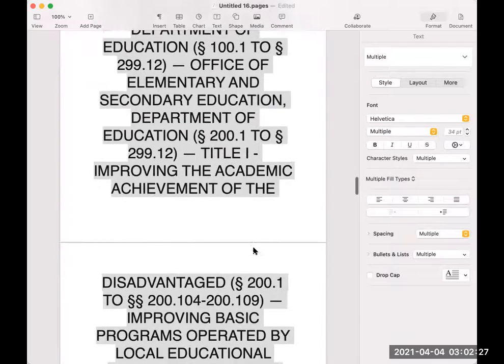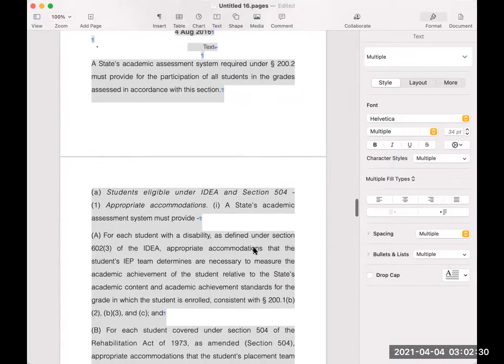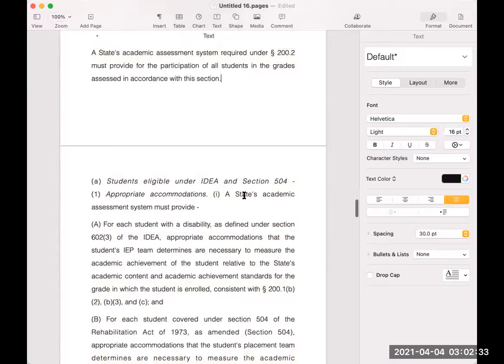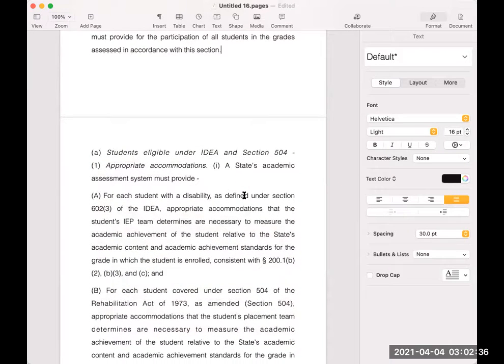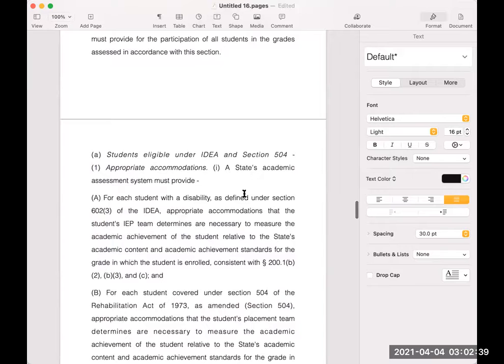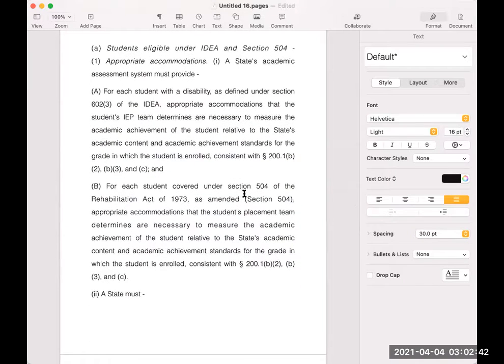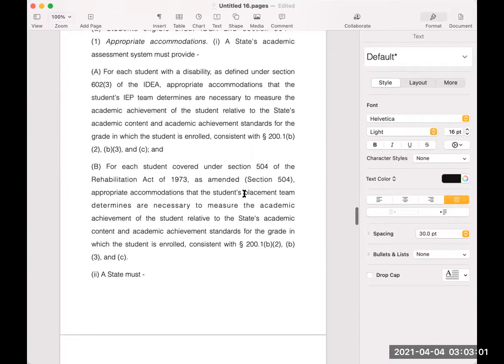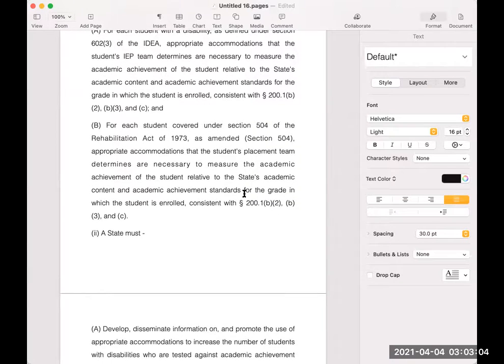The 4th of August 2016. Text: A state's academic assessment system required under paragraph 200.2 must provide for the participation of all students in the grades assessed in accordance with this section. (a) Students eligible under IDEA and Section 504. (1) Appropriate accommodations. A state's academic assessment system must provide, (A) for each student with a disability, as defined under Section 602(3) of the IDEA, appropriate accommodations that the student's IEP team determines are necessary to measure the academic achievement of the student relative to the state's academic content and academic achievement standards for the grade in which the student is enrolled,